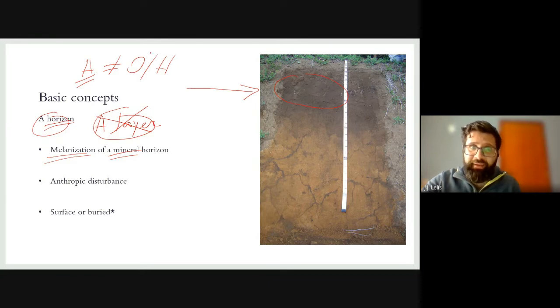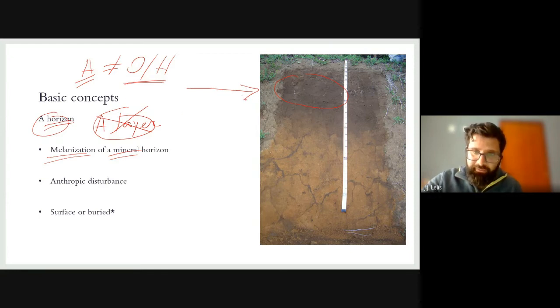So they are lighter, they have darker color, they are less resistant to penetration than the A horizon. The A horizon has a lot of organic matter, but very, very fewer than the O or H horizon. The O or H horizon is a carbon-rich horizon or layer, and the A horizon is not so rich as the O or H horizon because they are